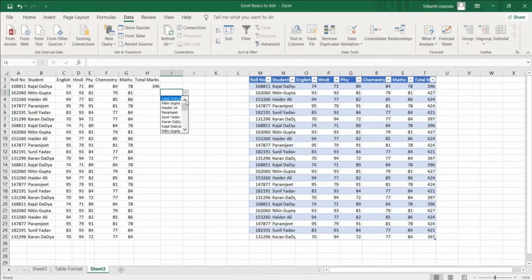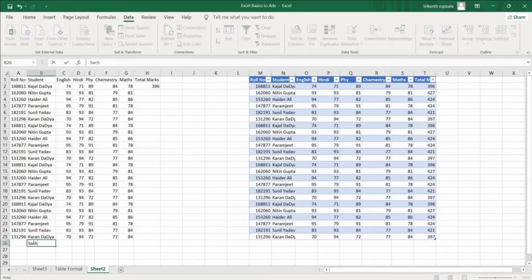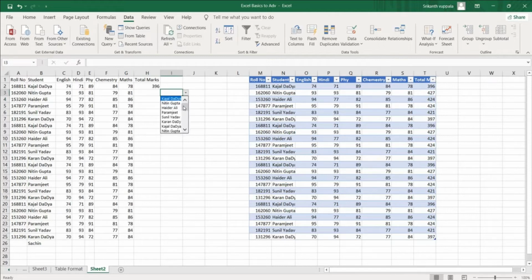Okay, so for example, in the next academic year, one more student got added, say Sachin. If you see in this drop down, where I had my data validation, the name Sachin will not be available.